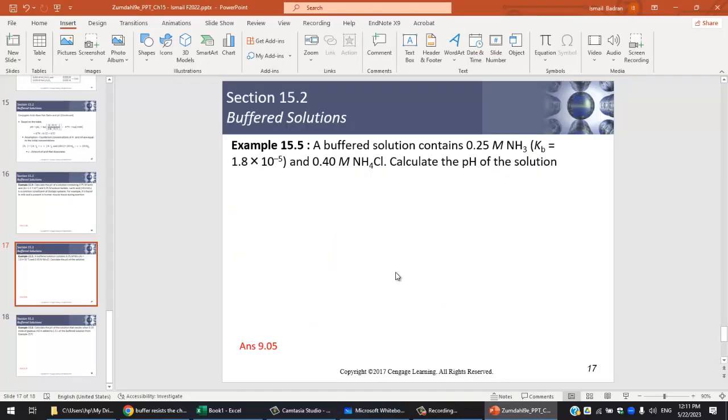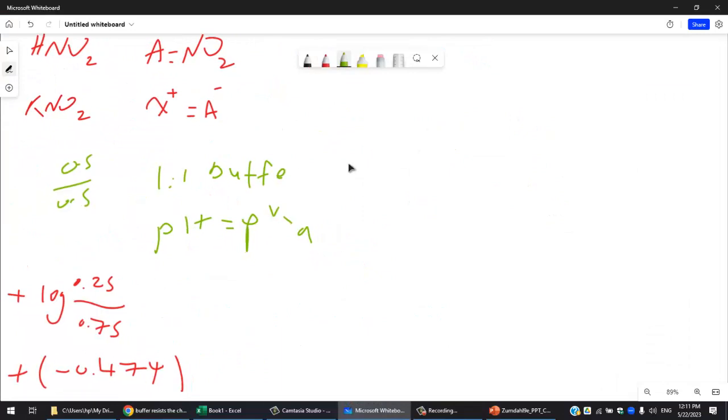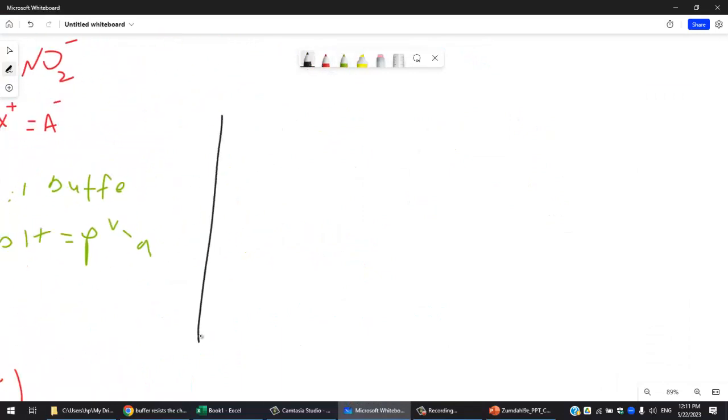Here you have another example where you have a basic buffer, so 0.25 molar NH3 is given, with the Kb of that base, and also we have 0.4 molar of NH4Cl, and it says also calculate the pH of that solution. So let's do that again. So example